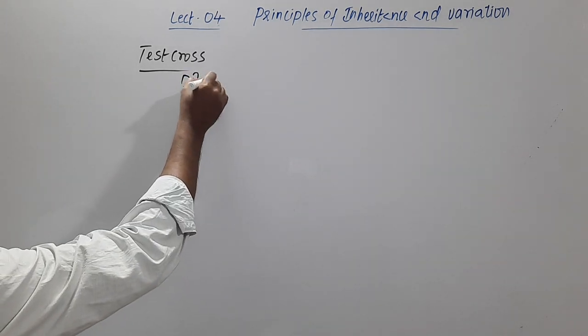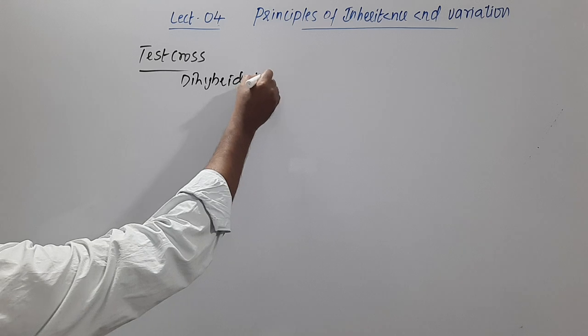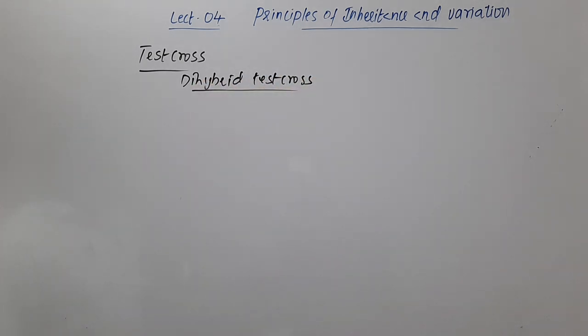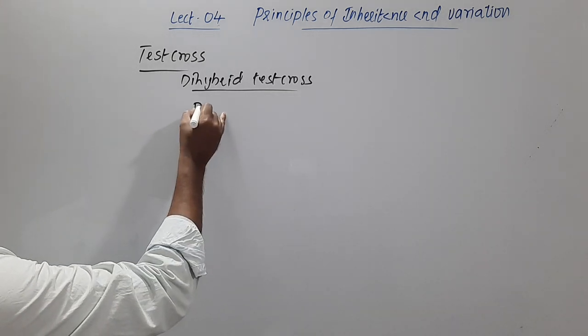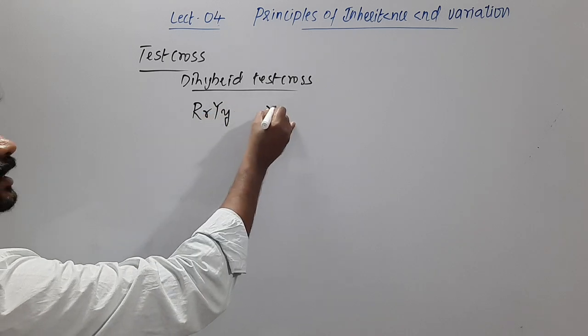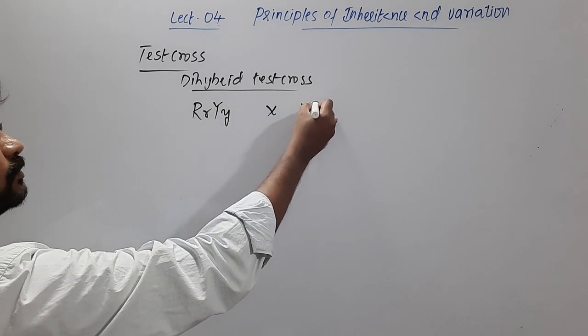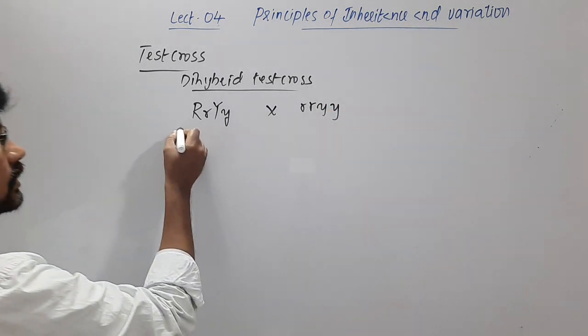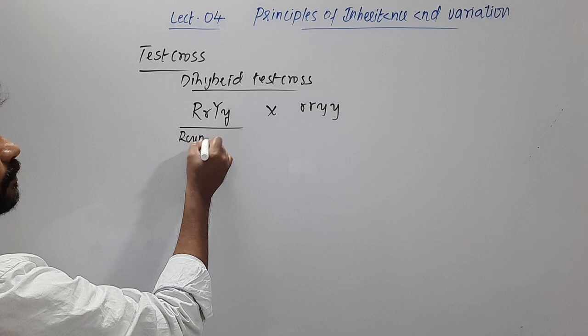So let's say the dihybrid test cross. So we know in the dihybrid test cross, whatever that unknown genotype, we need to cross with the recessive parent. So capital R, small r, capital Y, small y needs to be crossed with small r, small r, small y, small y. So this is round yellow